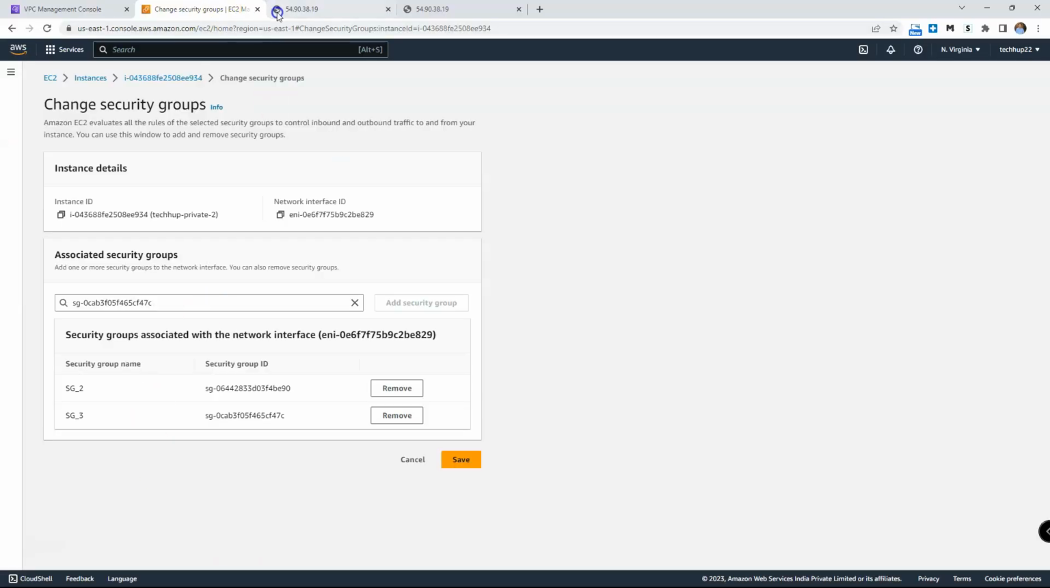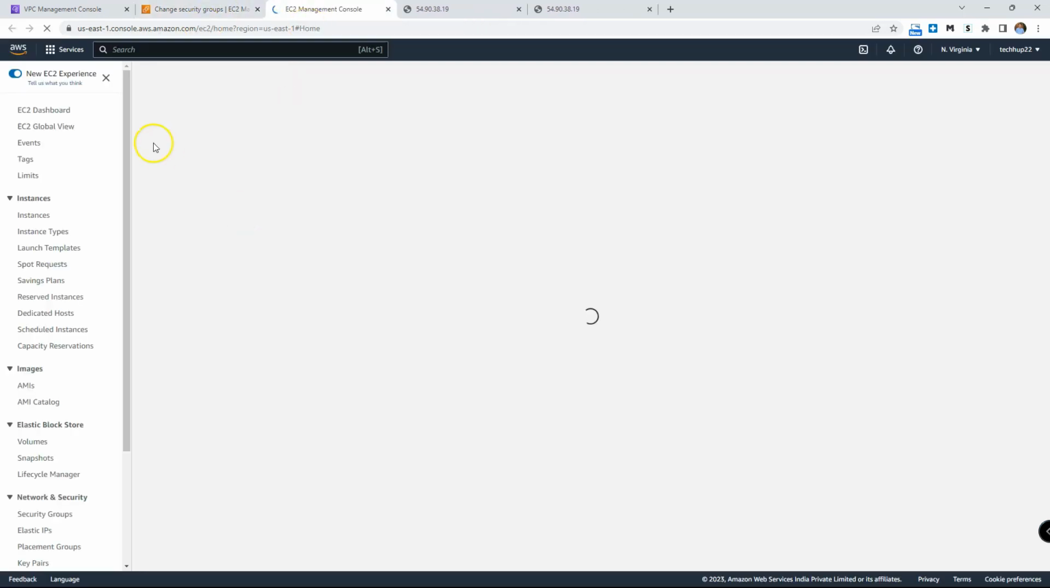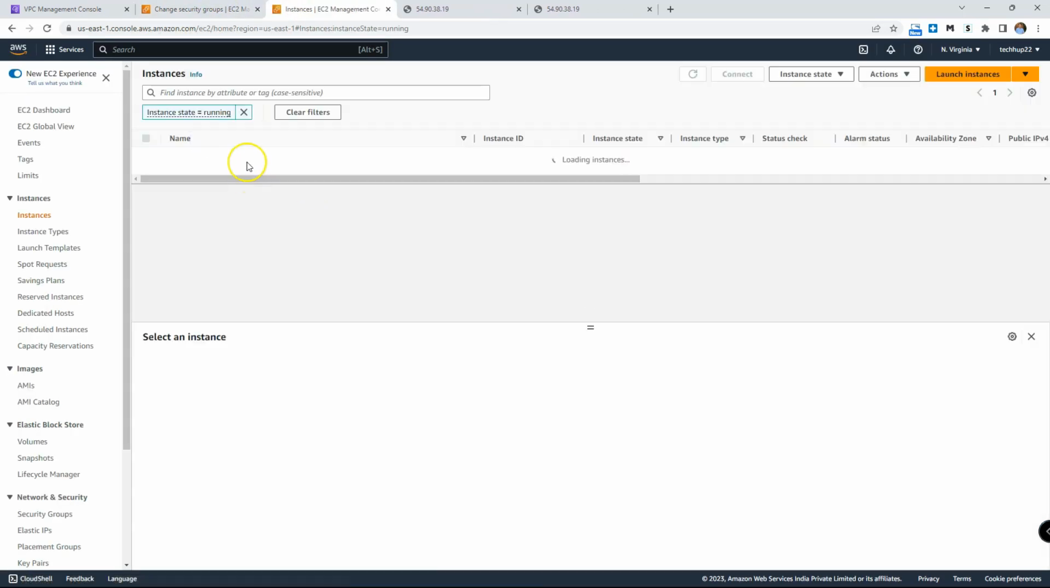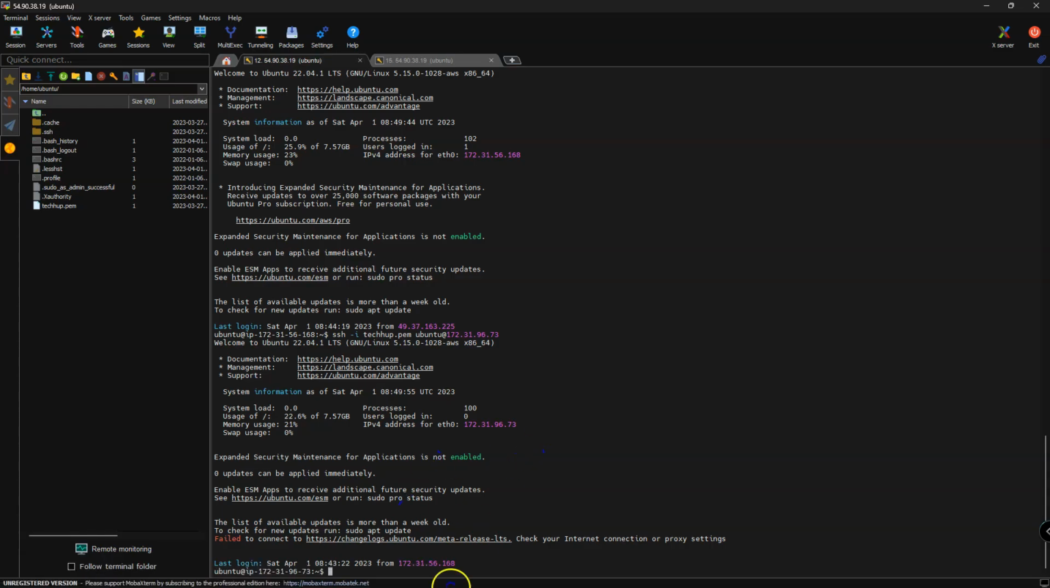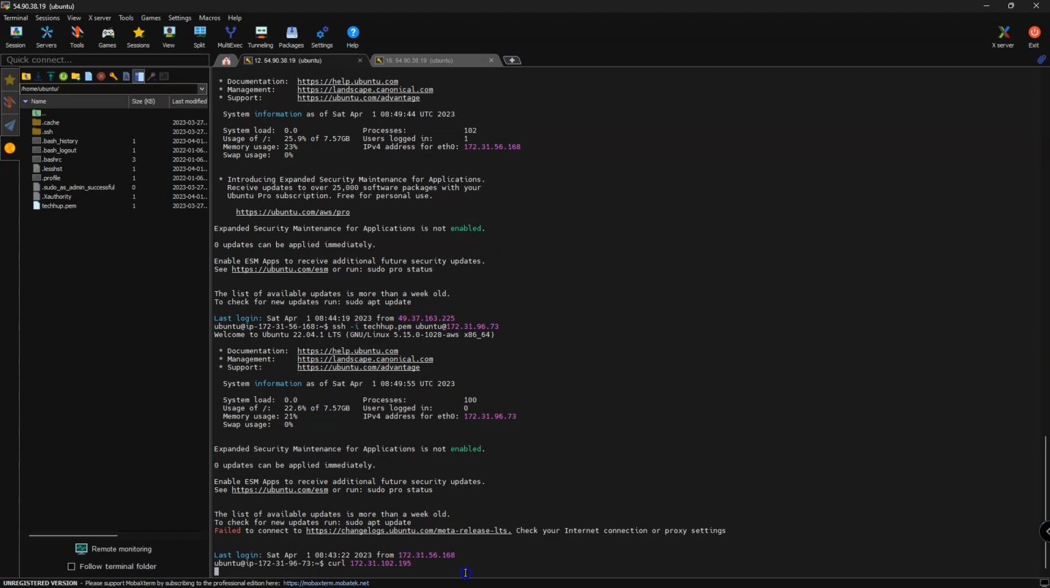For that, what I would require is the private IP of instance 2, so let me go back to the EC2 instance and pick up the private IP for Tech Hub 2, which I'm trying to access over HTTP port 80 from private 1. Let me go back to the client and give a curl command to private EC2 instance 2 from 1, and this curl command is not resolving